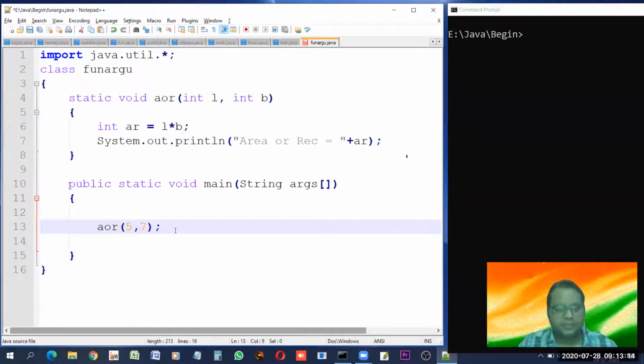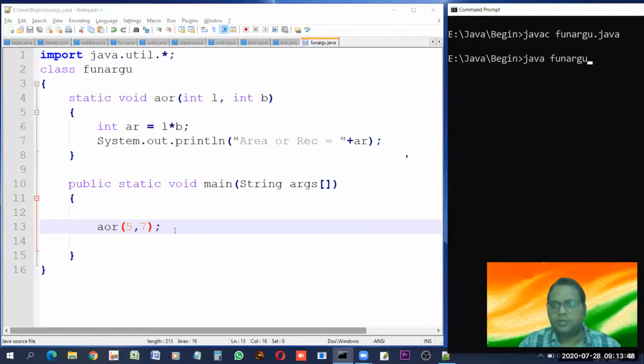Now, since this function is now designed, I have changed this function. I could have made another function also, but I have made the change in the same function. Earlier, the function was designed for having no arguments, but now it is designed to have 2 integer arguments. So in order to call this function, we'll have to provide 2 integer arguments, 5 and 7. Now save it. Now go for its compilation. This time there is no error. Why not? I'll tell you everything.